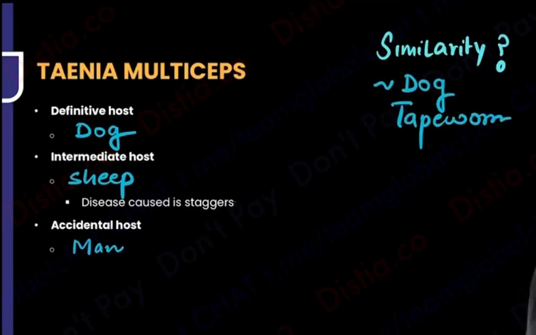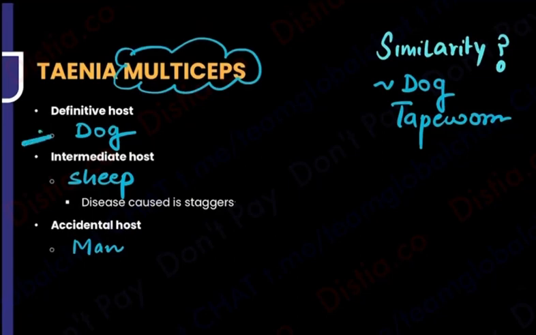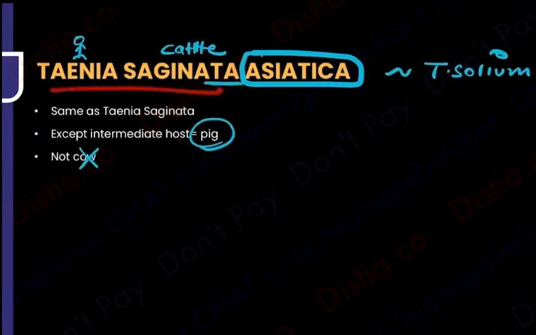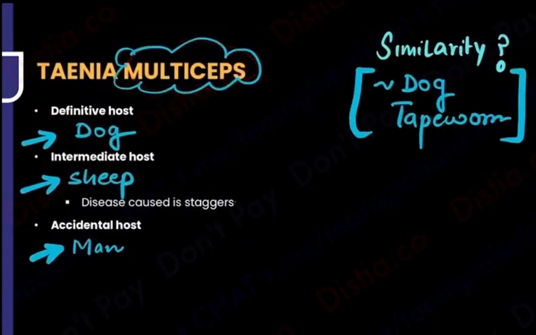So, oh my God, this multiceps has totally left the family. Multiple direction mein chala gaya. Multiceps has gone in multifold direction. It is going to have a life cycle between the dog and the sheep, just similar to Echinococcus, dog tapeworm. Human has become an accidental host. That is all that I wanted to say. So, Taenia saginata is like saginata, but if you add Asiatica, it starts looking like solium. Taenia multiceps though has gone in multiple other directions. It has started behaving